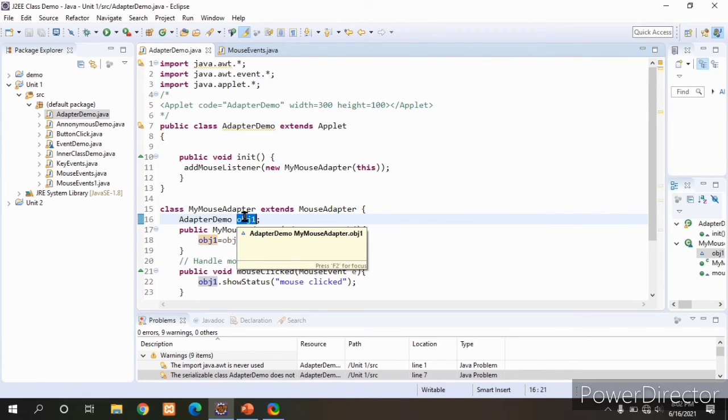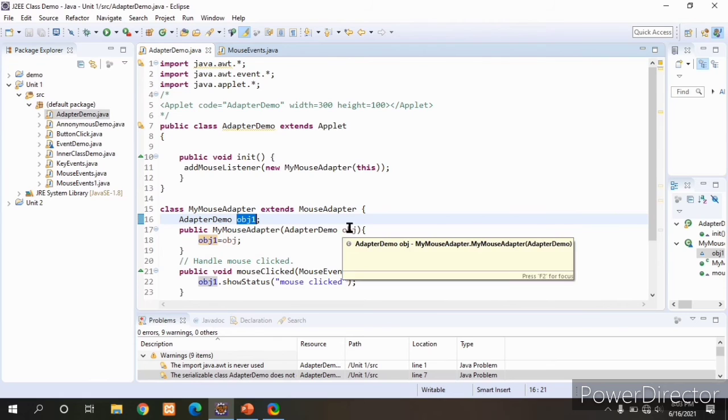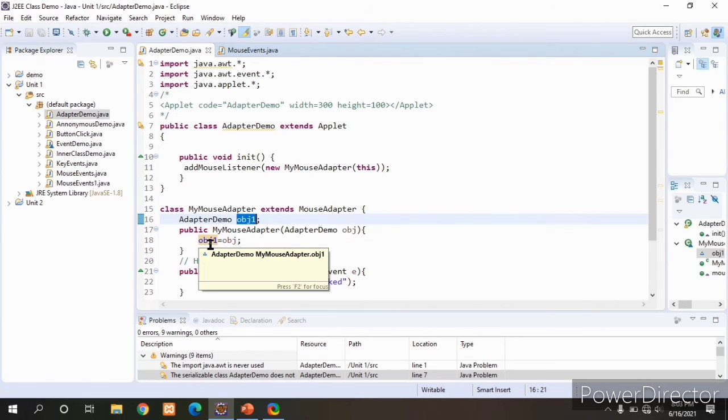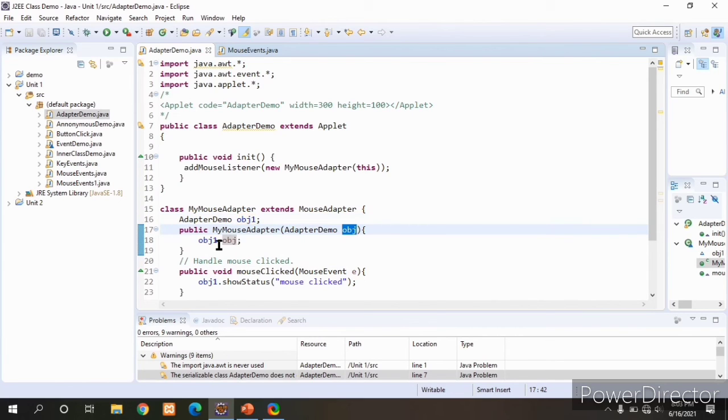By using this instance variable, we can access the methods of the adapter demo class. For that, in obj1 we are storing the local variable reference, the reference of this object. Now we are able to access the methods of this adapter demo.